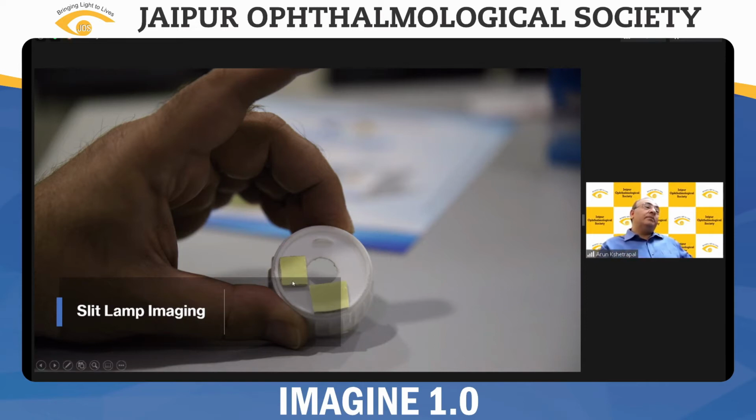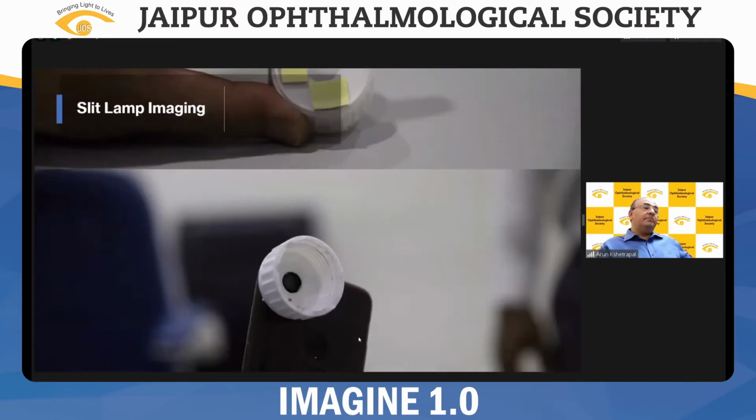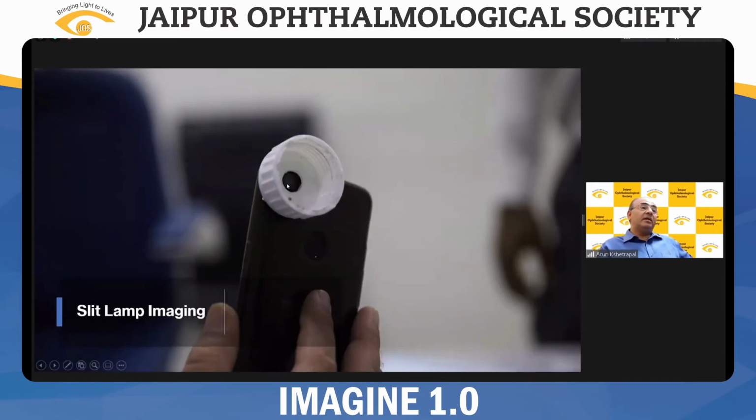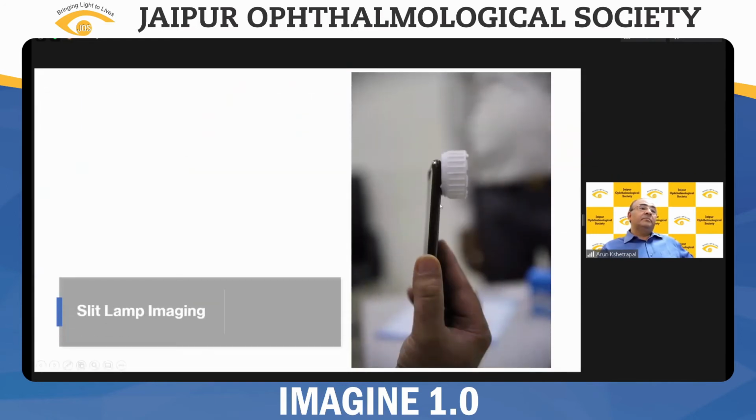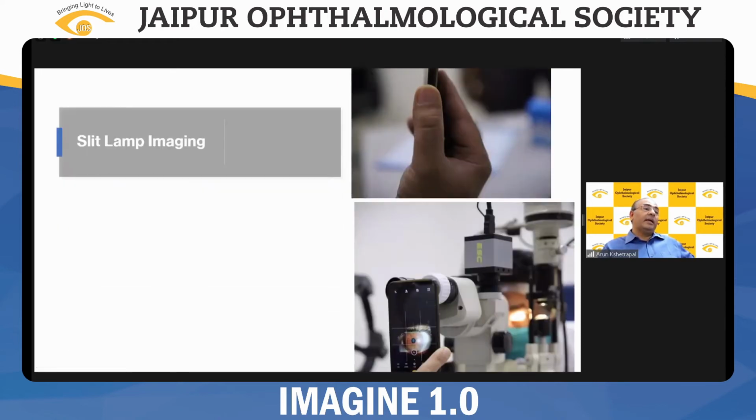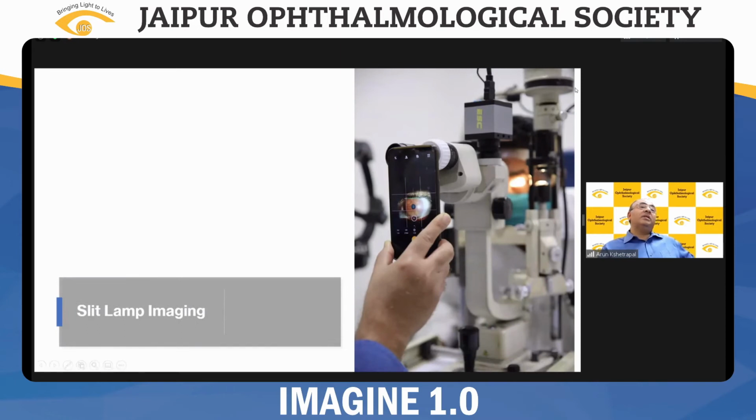First you stick on the cap, then you remove the covering of the adhesive, and you stick it over the camera, keeping the camera right in the center of the hole you have already made. This is your camera, and this is the lid which you have adhered to your mobile phone. Then you insert this cap onto the eyepiece, and you have a mobile camera ready for taking the photograph.